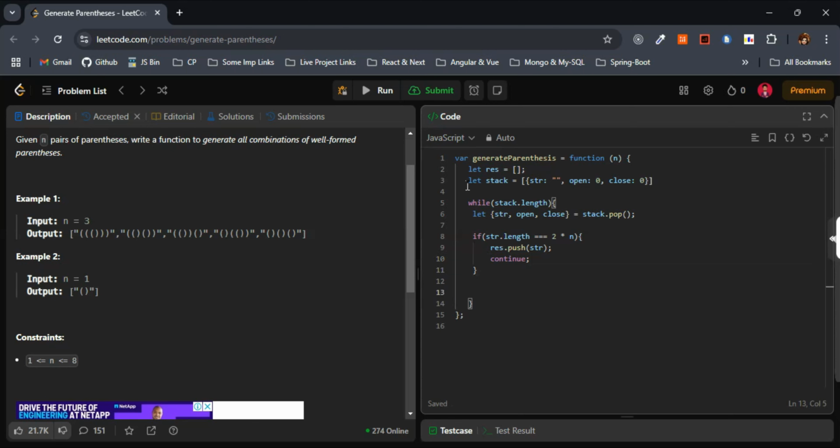Next step is, we have to add an opening parenthesis if open count is less than n, and we have to add the closing parenthesis if close count is less than open count. We have seen this one in the approach as well. This is simple, right? I'll just make use of a simple if condition here. If open is less than n, then what we will do,